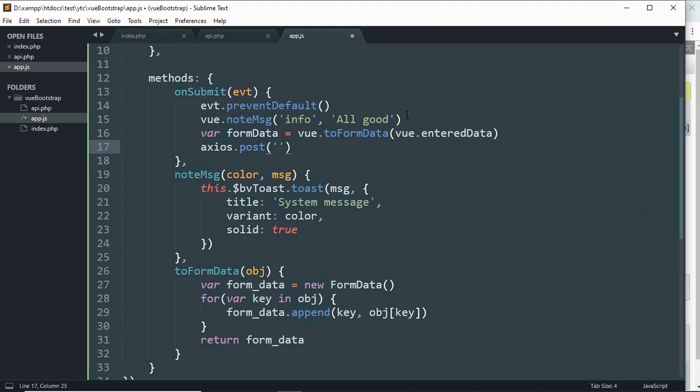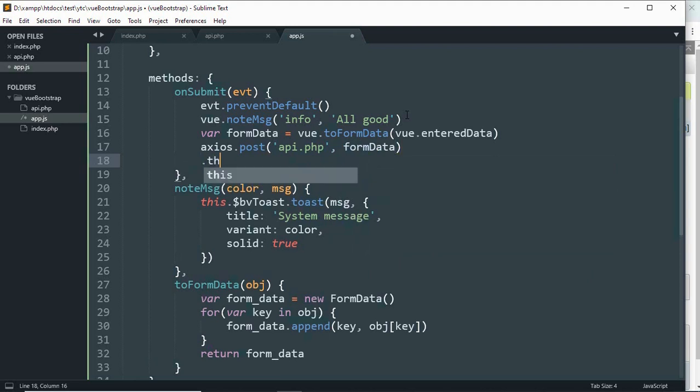In our case, that is api.php. After that, our data, that is form data. Then if it is able to send, then we write then